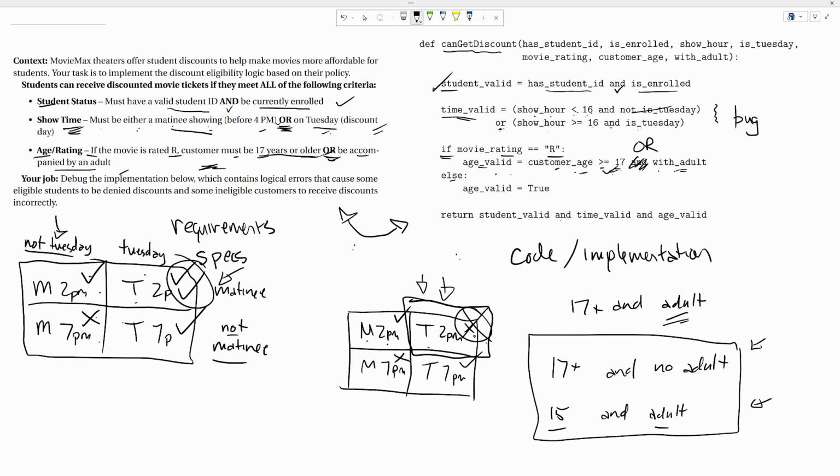So the else condition here just says do whatever you want. And that's why we're seeing in the code, this is correct, that we're just setting age valid to be true here. In the else condition, saying that we don't need to check your age in this case, so you're automatically allowed in. Okay, so we fixed one of our bugs, but I do think we need to fix one more